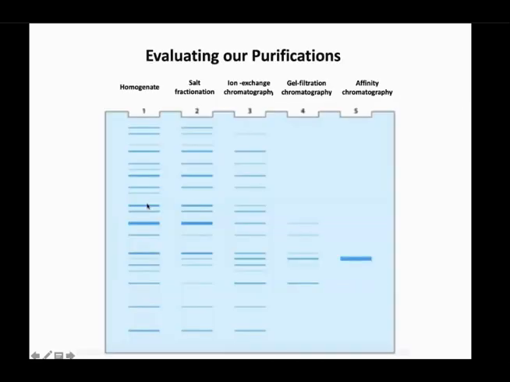And if you actually run the sample, you are in the lab and you say, well, I'm gonna get my enzyme from this liver and I'm gonna do lysate, get rid and break apart the cells. Then if you run this in a gel, you can see here a lot of bands. Each one represents a specific protein. So obviously in the beginning you have a bunch of bands because you have a lot of proteins. When you start doing all the purification steps, you will see less and less bands, which means you are purifying the protein that you're looking for. And in this case, for example, affinity chromatography was necessary in order to get your single band. And this is the protein that